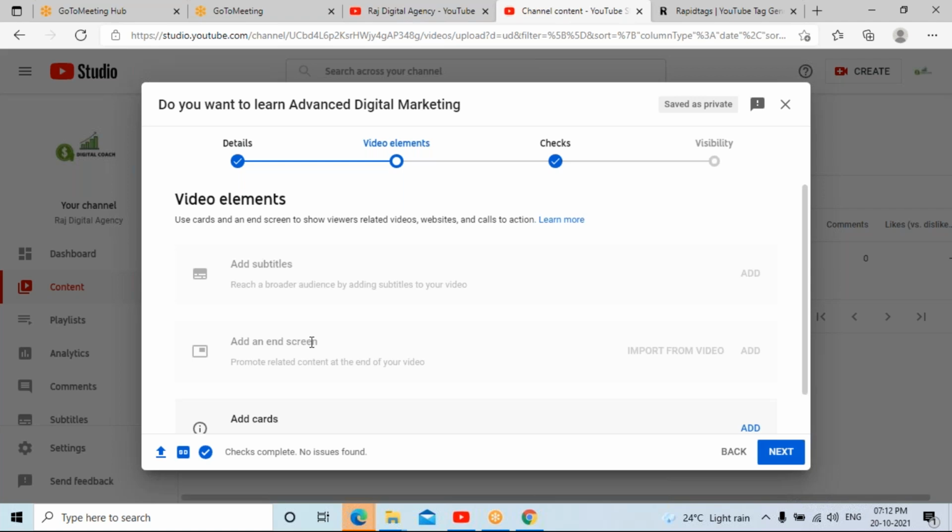Okay, so the next thing is add an end screen. The end screen option is very important whenever you upload any video. What is the use of an end screen? It is for the videos which you want to promote when you are running the particular video. Actually it's not promotion, I can say it is a suggestion. You can suggest a video after finishing one video.